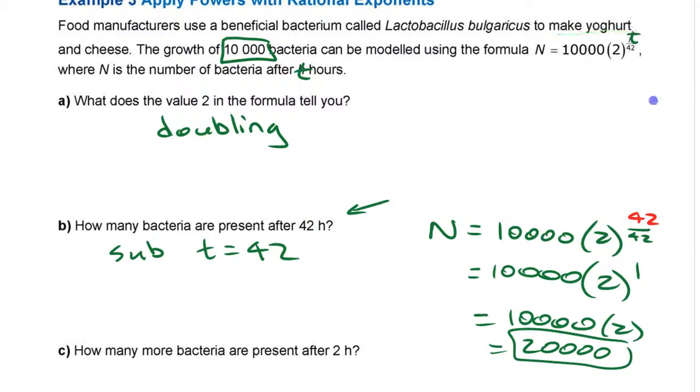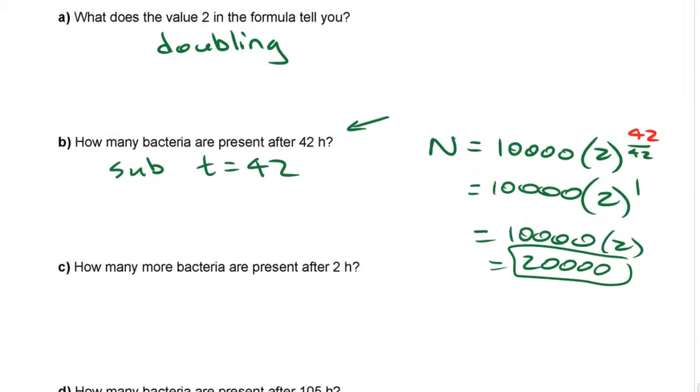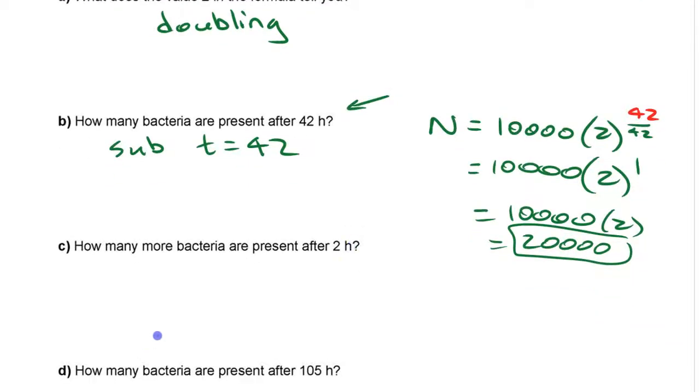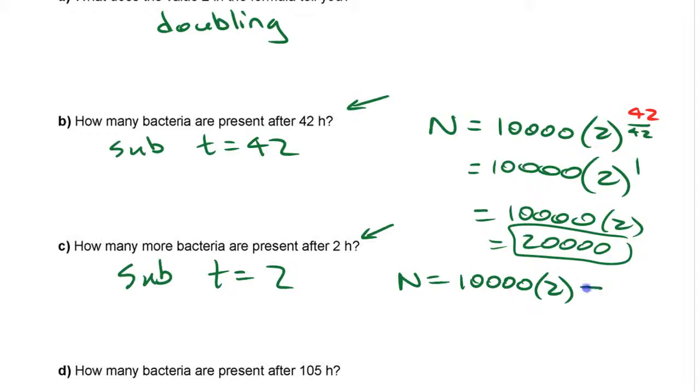But again, not that we're at that stage now of being able to write those formulas. If it says present after 2 hours, well, you can still substitute in the 2 and figure out what it's going to be. Just sub in t equals 2. So if you have the number of bacteria, 10,000, 2 to the... Now, this is tough to write, and I'm not doing a very good job of it here. It's probably big enough that you can keep this thing as an exponent, something over 42 up here. If you put 2 over 42,